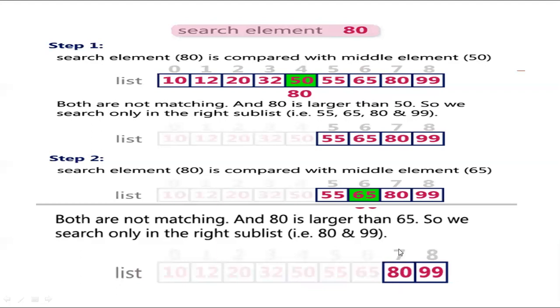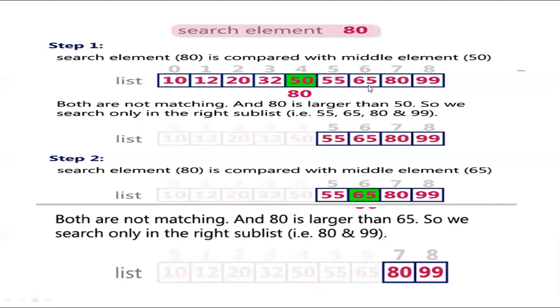So if it is equal, then search is found at location equal to 7. Here how many steps are required? Only 3 steps are required. Like in a linear search, how many repetitions are there? Here 1, 2, 3, 4, 5, 6, 7, 8 repetitions. The loop repeats 8 times. But in the binary search algorithm, there is no need to repeat 8 times. Then 3 times is enough to search an element in this example.